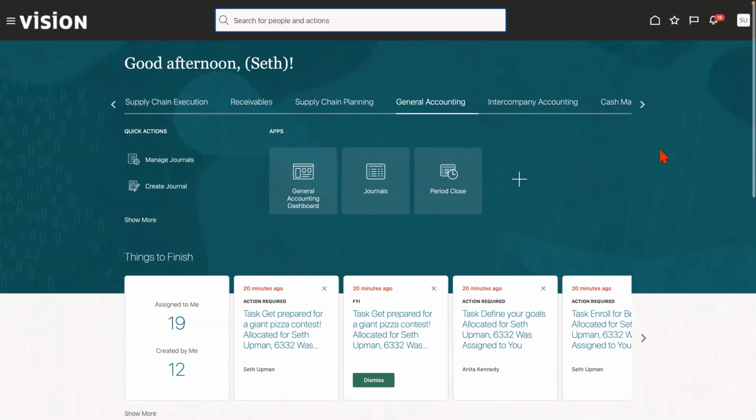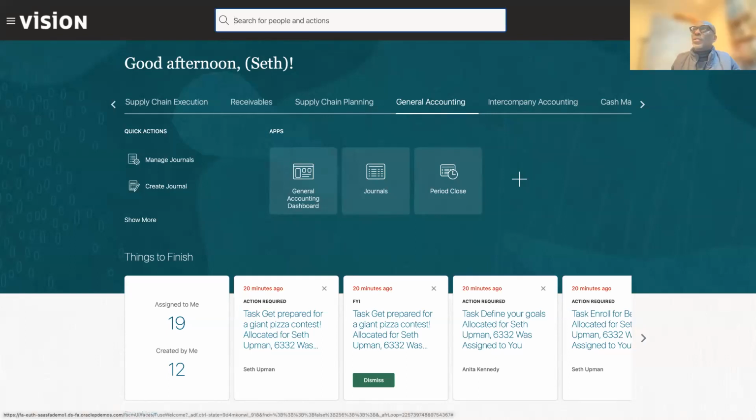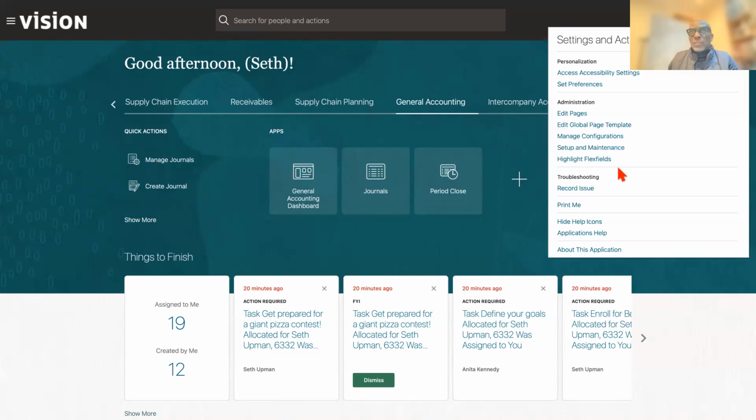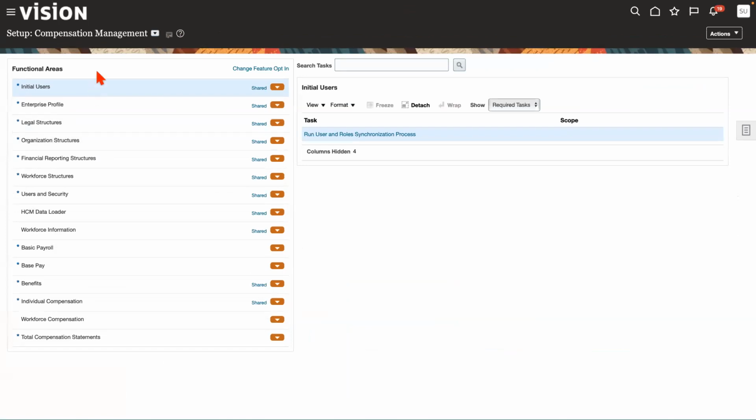Yes. When I was trying to create the employee user, I got this error message. I tried to add the legal entity, and I selected my legal entity, but it's giving me a message that it's not part of the legislative data group. Right. The reason for that is that you haven't done the legislative data group step. There's one step that I said is very important. So what you need to do is